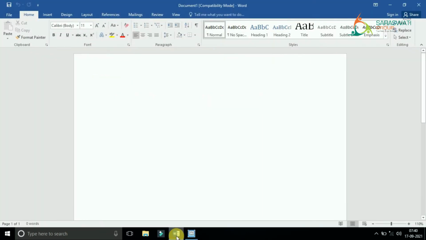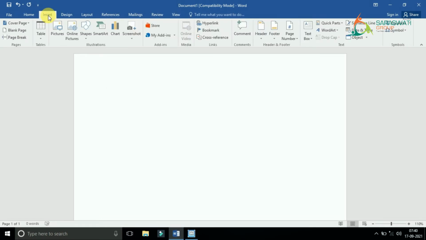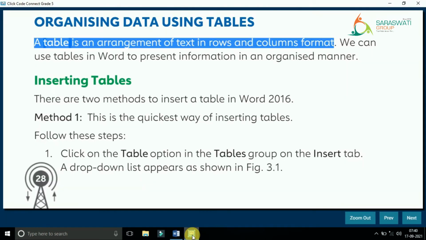Columns means the vertical line, and rows means the horizontal line, right? So it is a combination. That means a table is a combination of rows and columns.